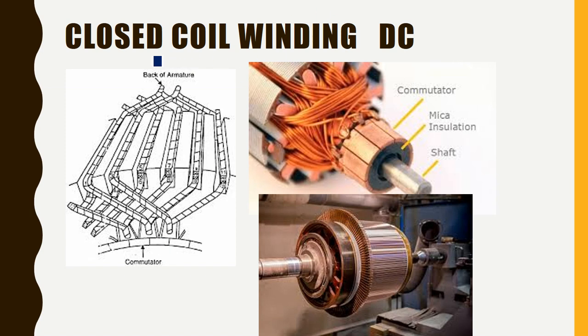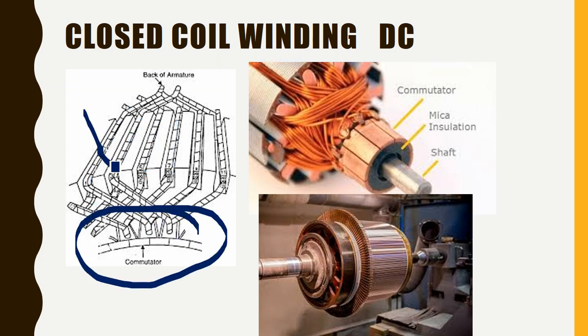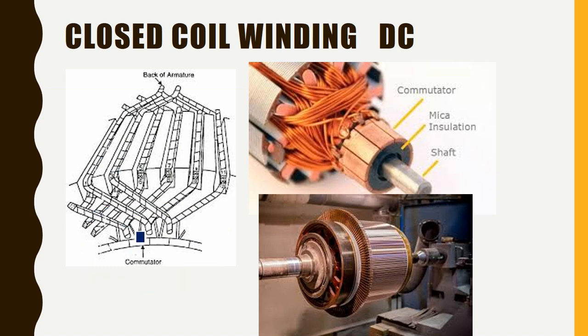What you are seeing is an armature winding of a DC machine. Coils will be placed in conductor slots, and that will be connected to the commutator. So here it is a commutator. All the coils are connected to commutator segments. When you connect a multimeter and check, you will get continuity from one coil to all other coils through the commutator. If you place one multimeter probe on this side of the commutator and the other probe somewhere else on the commutator, you will get continuity. So we can say this is totally closed.